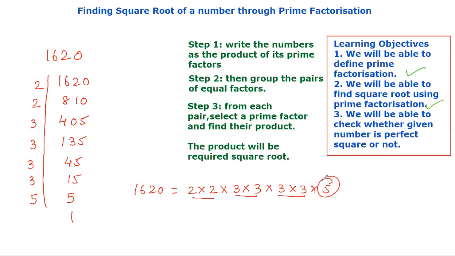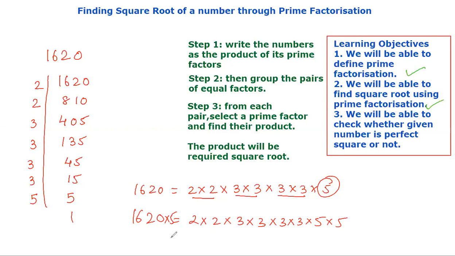Now in this case what you can do, you can multiply by a 5 and make it a perfect square, but if you are doing it on the right side, the same thing you have to do on the left hand side also, right? So what you need to do over here, you need to multiply it on both the sides, right? One way is you can multiply it, right? The other way is you can divide it, right?